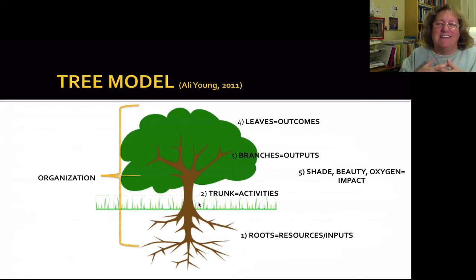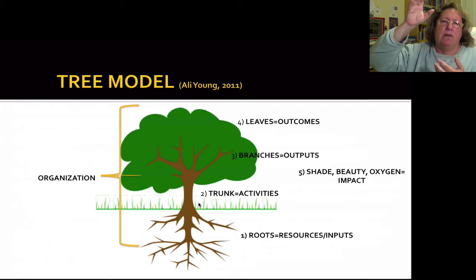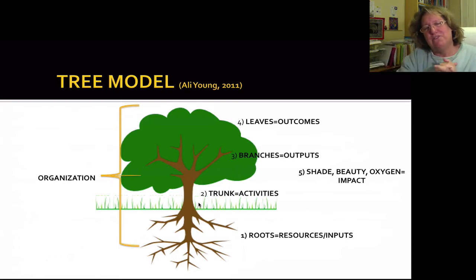I shouldn't say insights. How it pulls in what it needs. So the roots are what we call the resources or the inputs. The trunk are the activities. So this is where, if you know a tree's biology, it's where nutrients go up. It's also where wastes come down. Think of it, you could also imagine this with a body with veins and arteries, but it's where the activity really happens that creates the